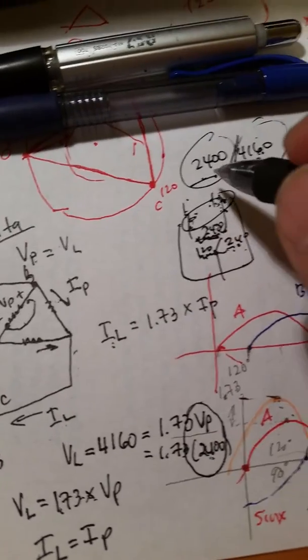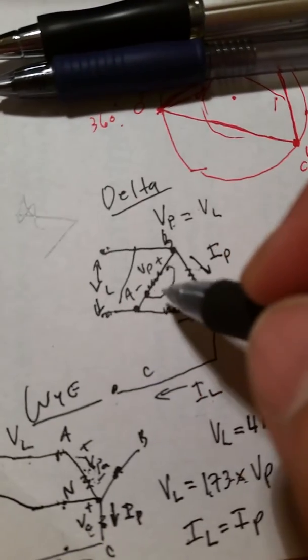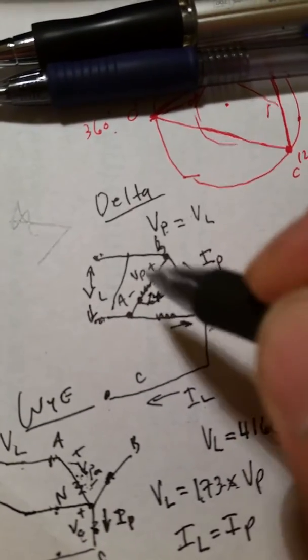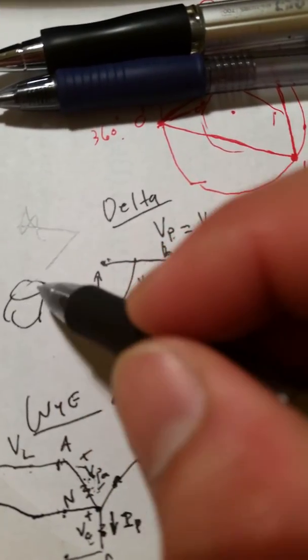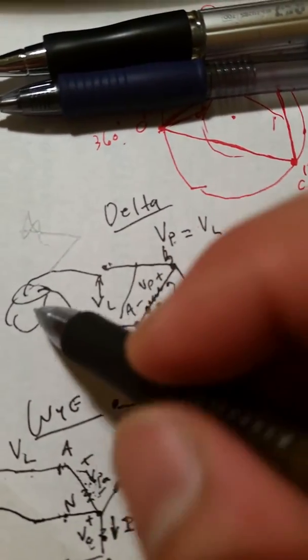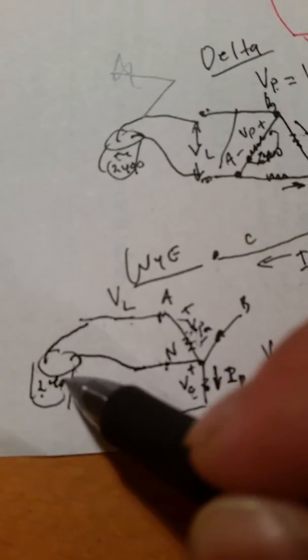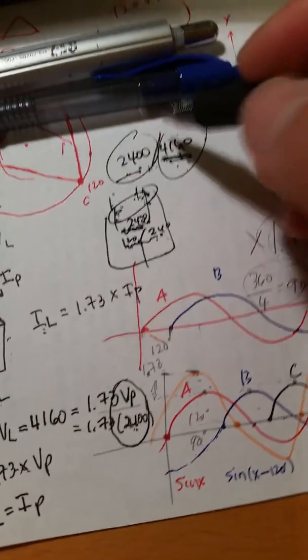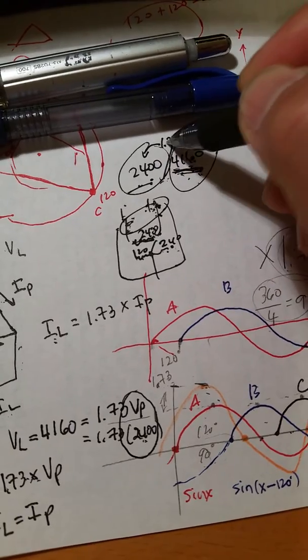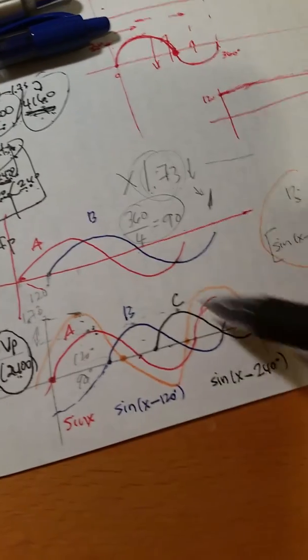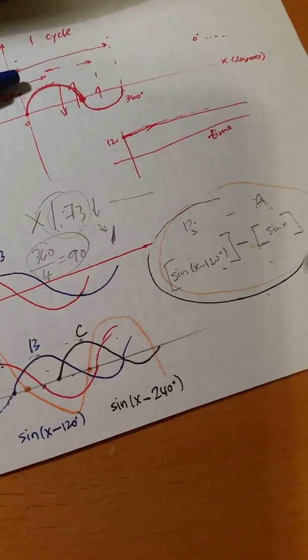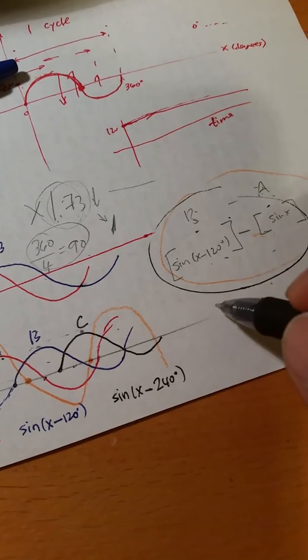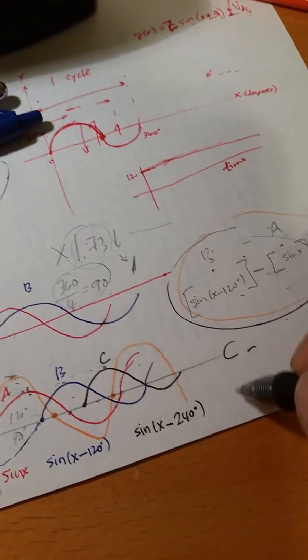Same thing when you hook it up delta to 2400, your phase voltage is 2400, and when you hook up your CAN, it's phase to phase. So your primary is still getting 2400. Down here too, 2400. That's where that comes from. And this times 1.73 will equal 4160 because of this thing I explained to you, what's going on from B graph minus A graph, or it could be C minus A graph, or